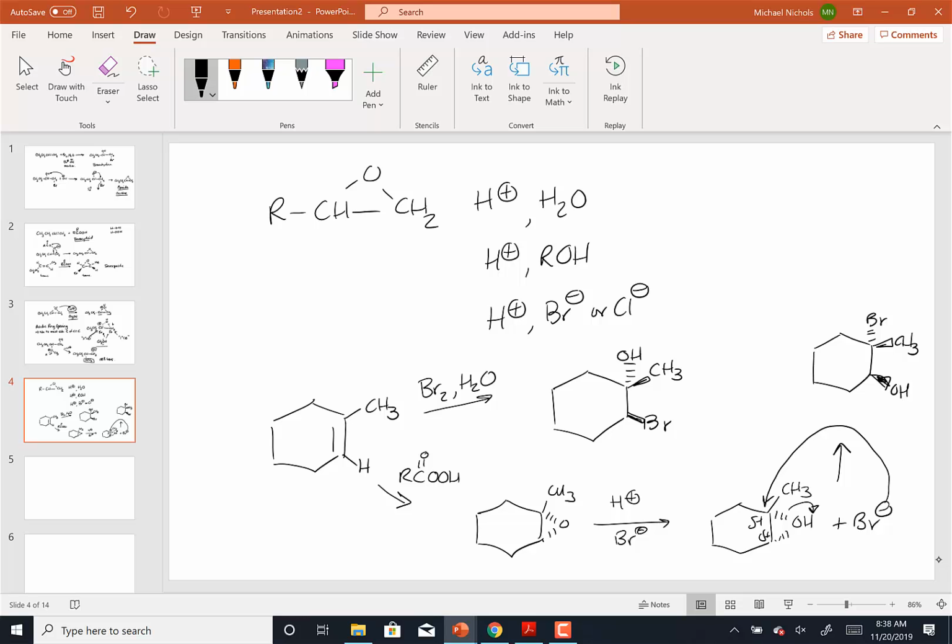So what an epoxide can do is, for instance, give you the ability to form the opposite product of a bromohydrin by going through the epoxide, particularly with HBr. So I can make either one of these products, and